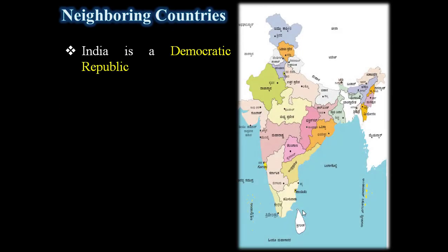India is a democratic republic country. I think you know about that. India is called a democratic republic. India is democratic. That means we are not under the control of any other power, and we have the power. That means the head of the country, the president, is from our country, not from any other person. That is democratic and republic.